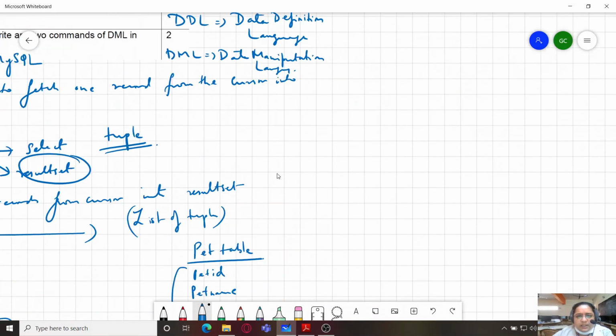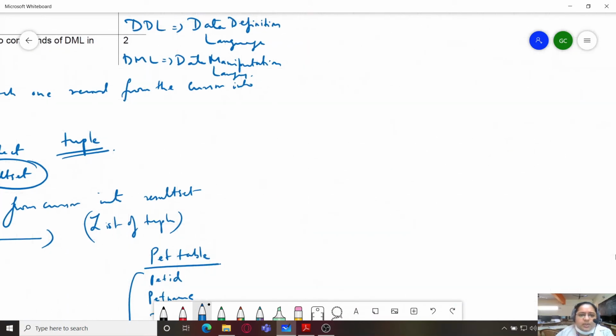So one of the commands could be update and one of them could be delete command, because these two are used for manipulating the database. That is for updating records, for deleting records, and we can also include insert record over here, and also select query.